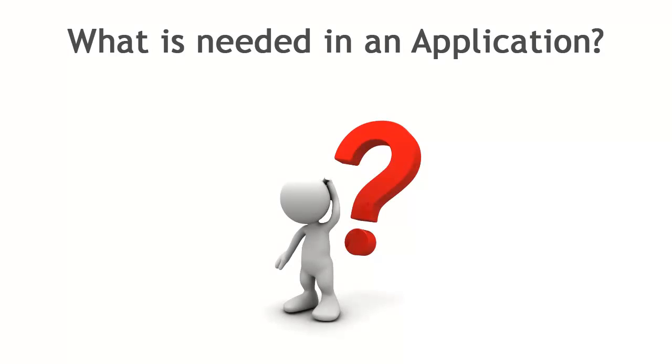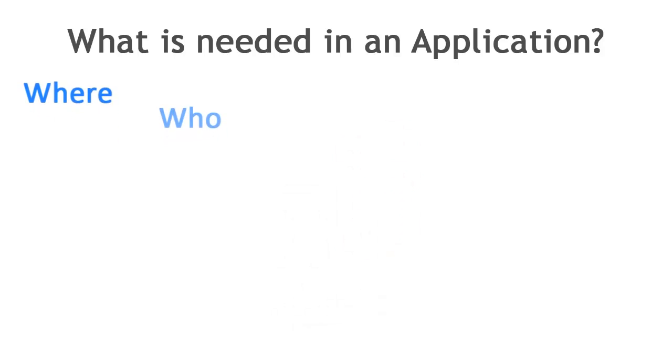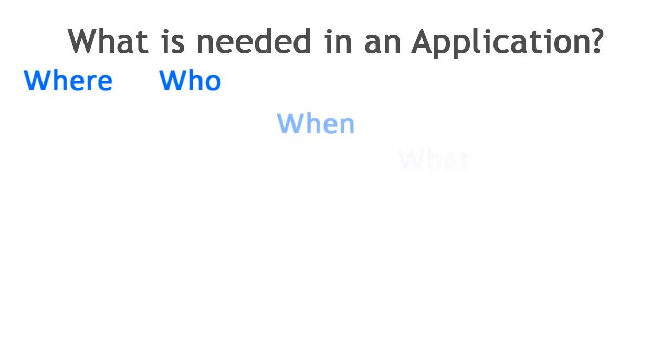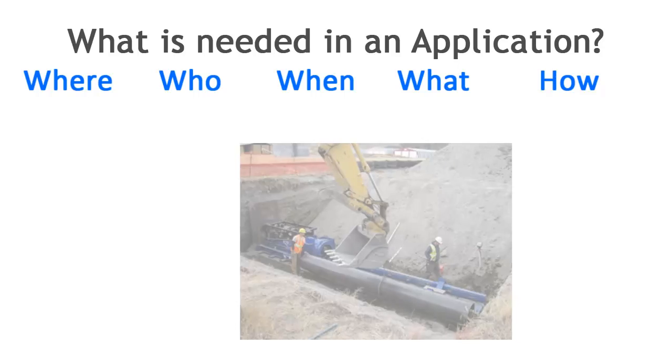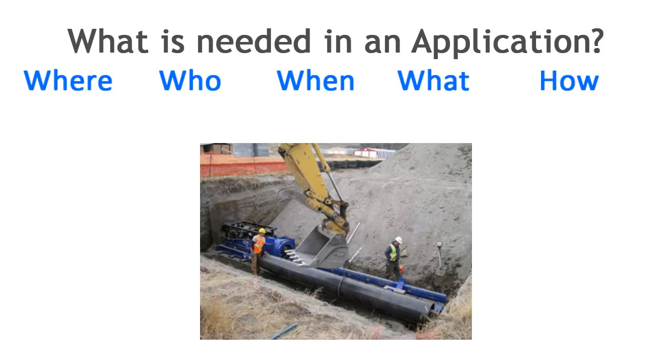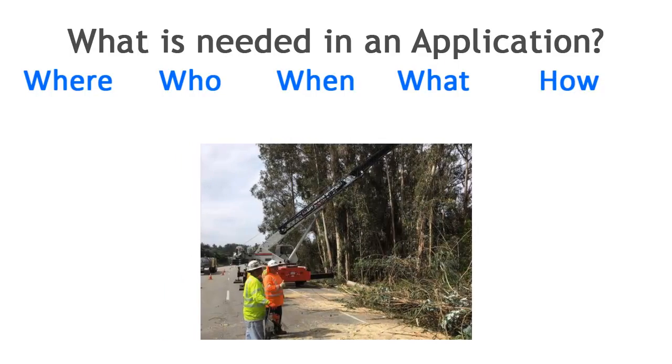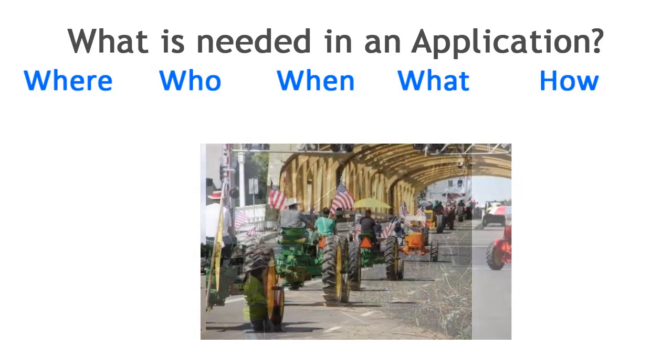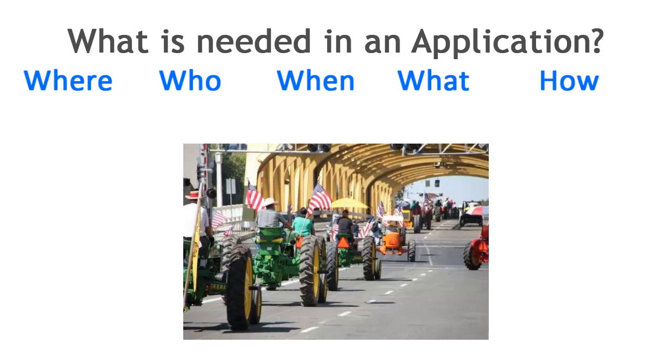The application form provides you the opportunity to answer questions about your project, such as where, who, when, what, and how. Your detailed answers to the questions help us understand your project details and impacts to the highway system. It is extremely important that you complete all questions with as much detail as possible or mark N/A, if not applicable. The more details you provide, the faster you will receive your permit.